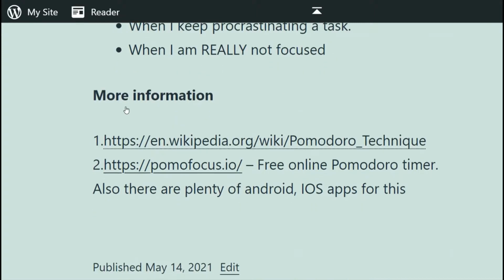And you can find more information on Wikipedia, and there are of course a few videos already available on YouTube. You can also check on those. And about the app, I think